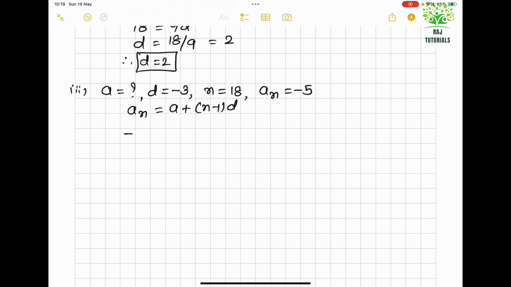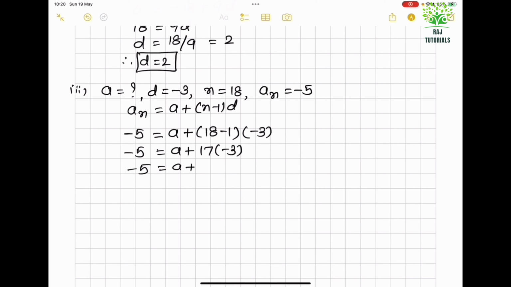So AN is given to me, minus 5. A, I am not given. N is 18. So 18 minus 1 into D, which is minus 3. So minus 5 equal to A plus 17 into minus 3. So minus 5 equal to A plus